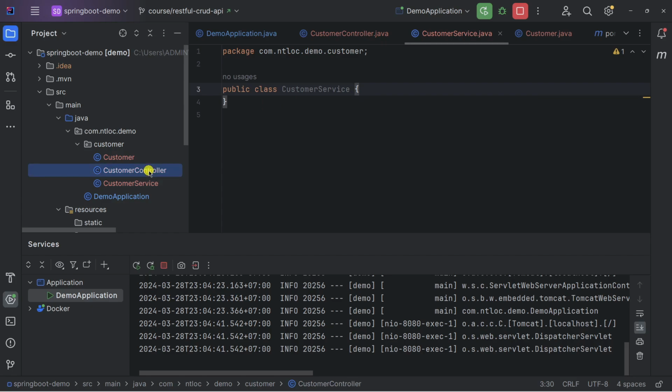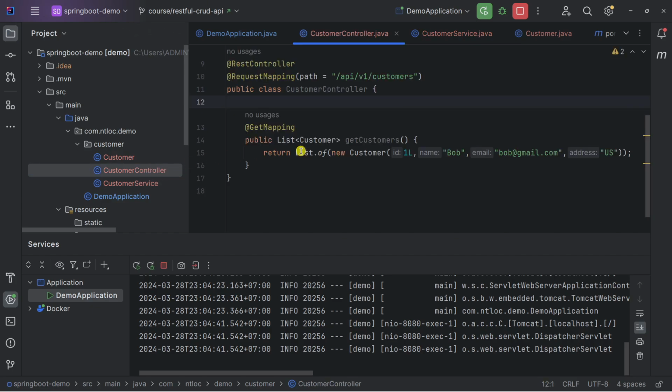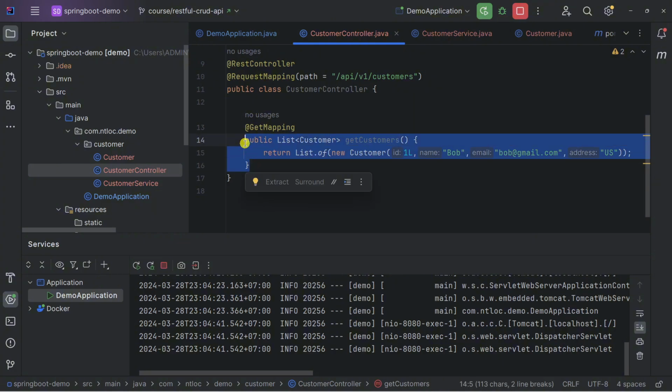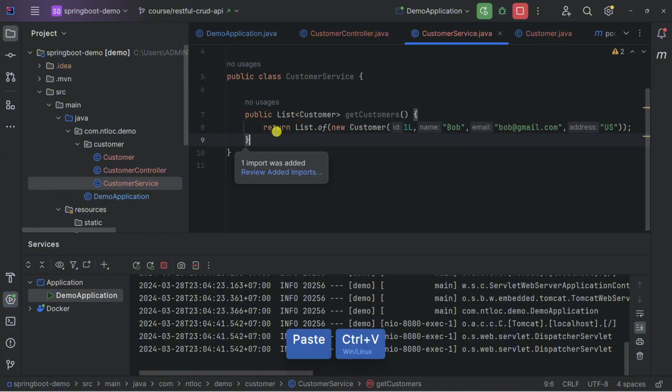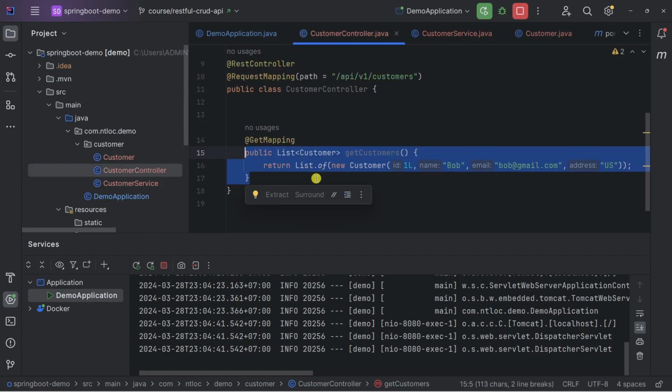Now go back to the customer controller. So what I am going to do is cut this get customer method and paste it inside the customer service in here. Then go back to the controller, and this logic will be gone.